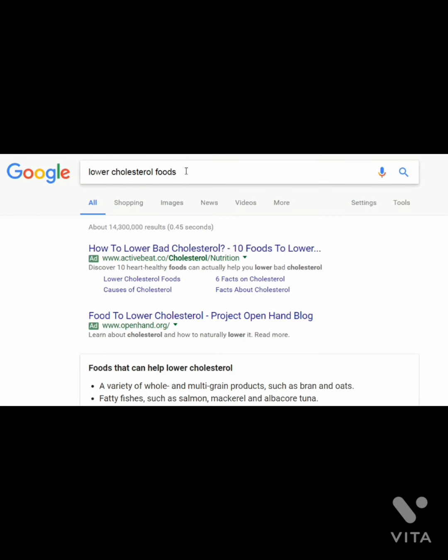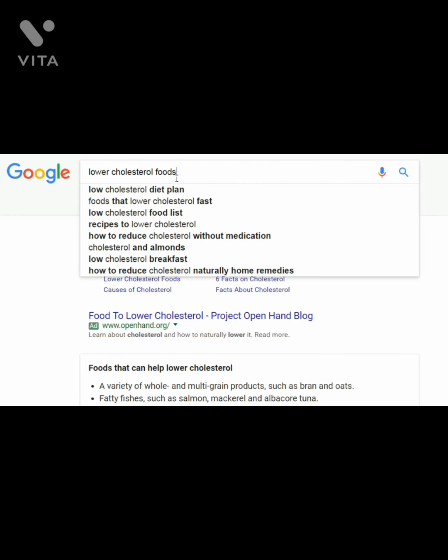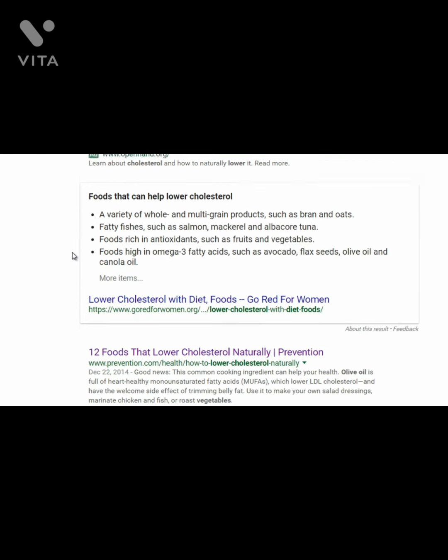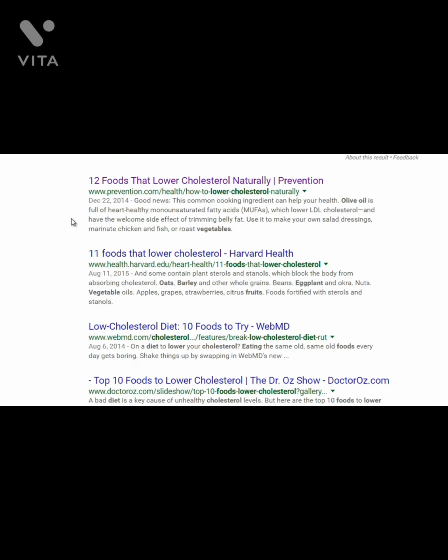So lower cholesterol foods. You notice that in the previous search we noticed a lot of foods, a lot of natural remedies. So let's focus on that because that seems to be what people are searching for. So let's just type in lower cholesterol foods and see what we get. If we scroll down, we can see top 12 foods that lower cholesterol.